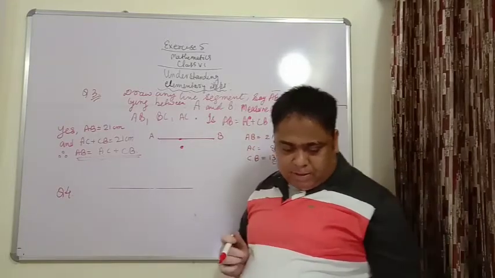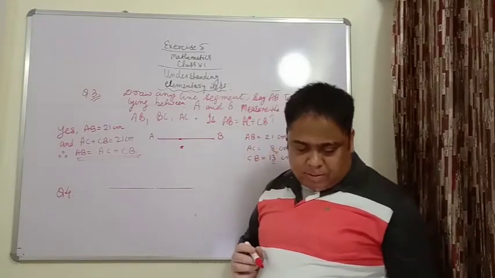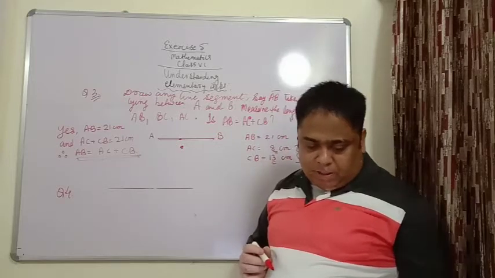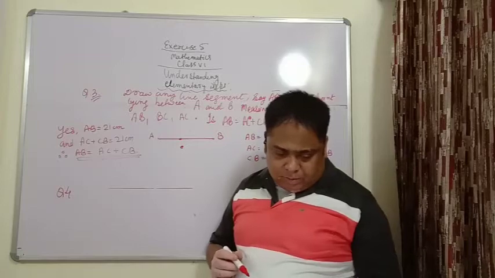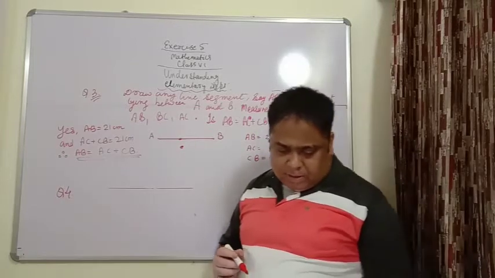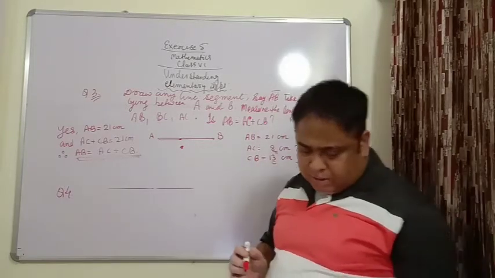Now it is said that A, B, C are 3 points in a line such that AC is the biggest, such that